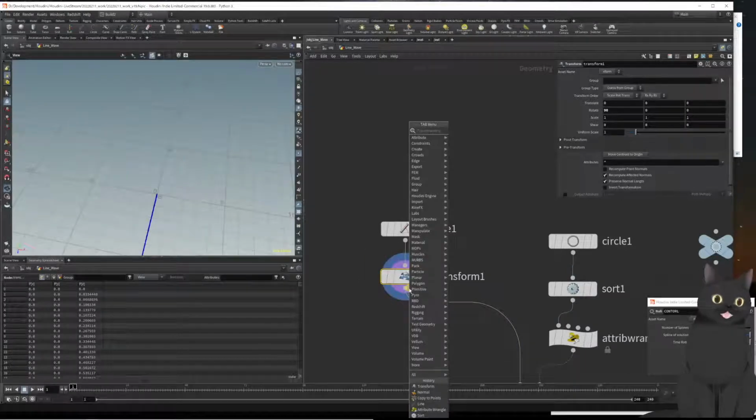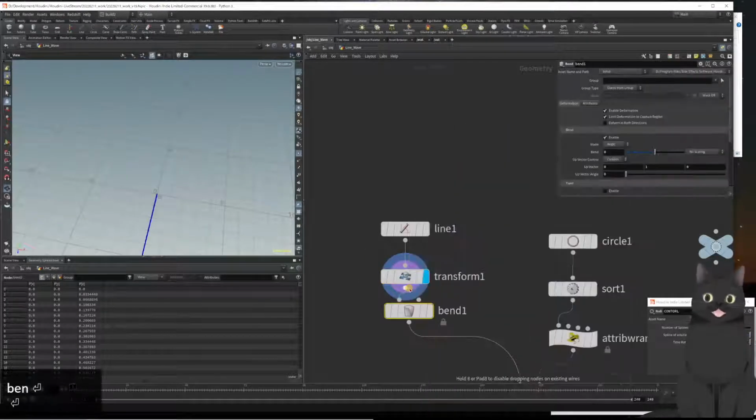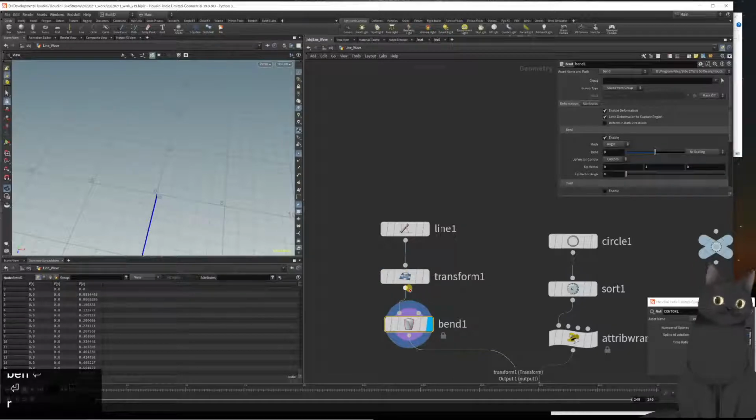So here you can see the parameters. I kind of like the trial and error here, so I set the